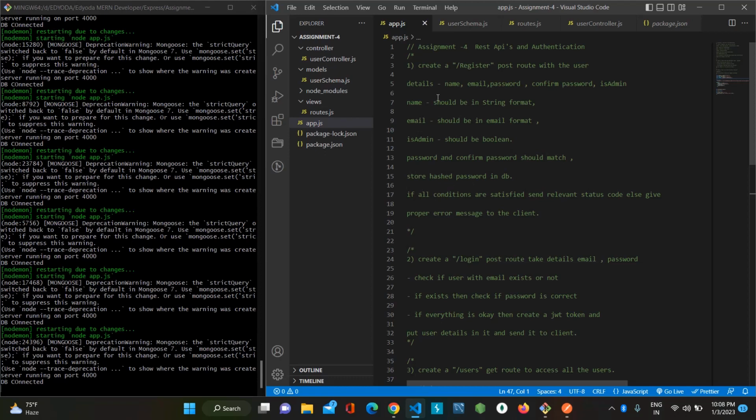and if all conditions are satisfied, what the conditions are given here. If all conditions are satisfied, we should send the relevant status code or the proper error message. If not, you can send the proper error message. So first of all, what I have done for this is